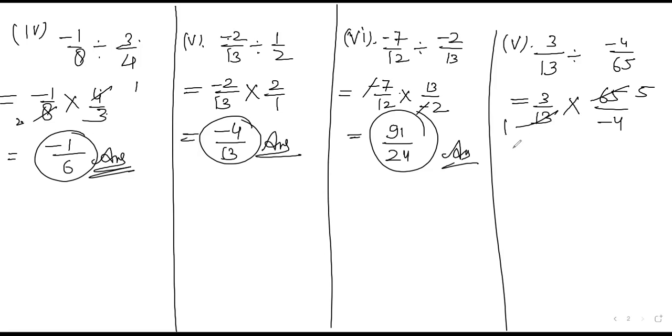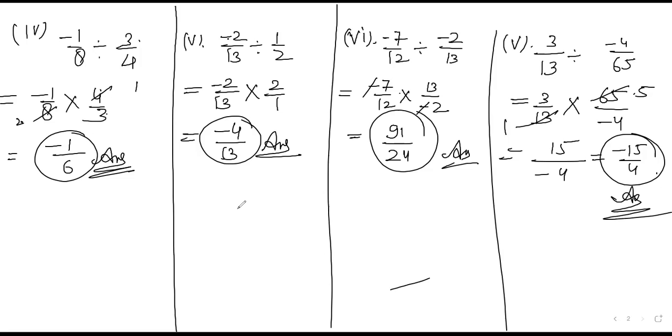Okay, so it's very easy now. Now one is positive, one is negative, so the answer will always come in negative. 5 3s are 15 and 4 1s are 4. And if you convert it into standard form, minus 15 upon 4. Okay, so now this will be the answer. In this way, the chapter rational numbers from the NCERT based syllabus will be finished.